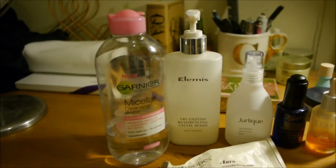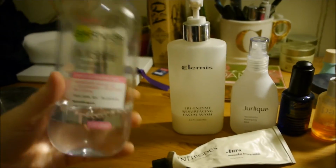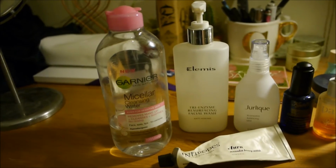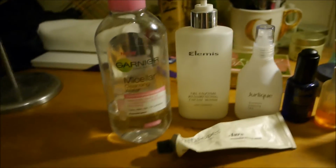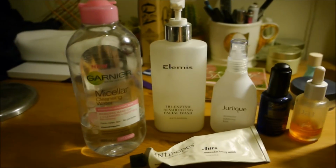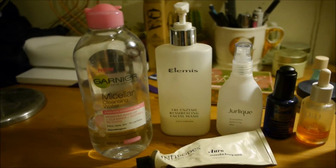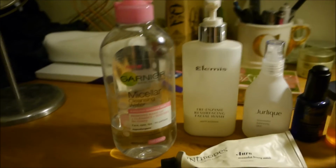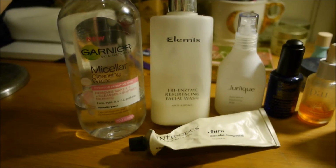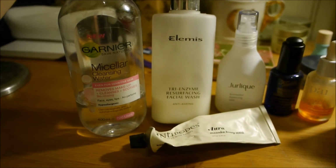But yeah, so I start off with the Garnier Micellar water just to remove any makeup. I always especially like to use this if I'm wearing eye makeup, which I usually am, because it's really good at removing mascara and eyeliner and stuff, and then just swipe a cotton pad over my whole face to get rid of most of my makeup before then going on to cleanse with this Elemis Tri-Enzyme Cleanser, which is